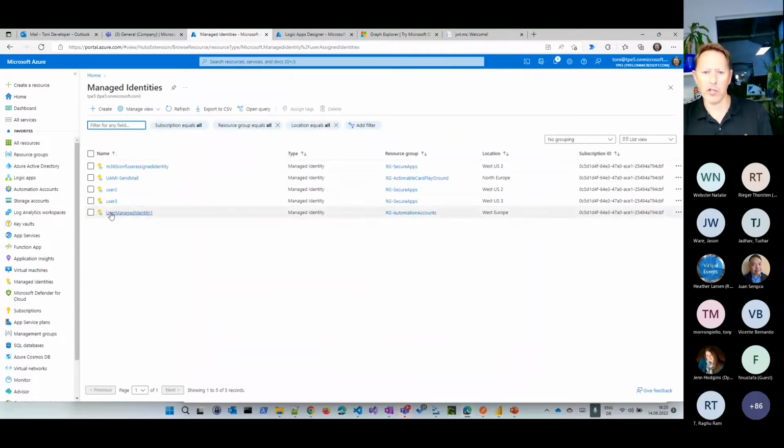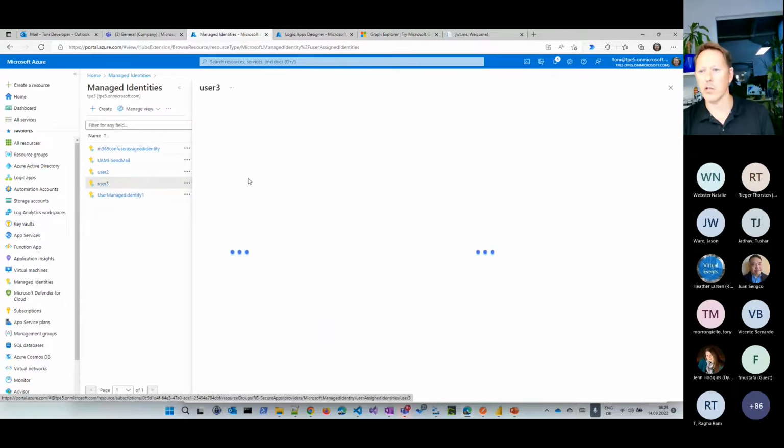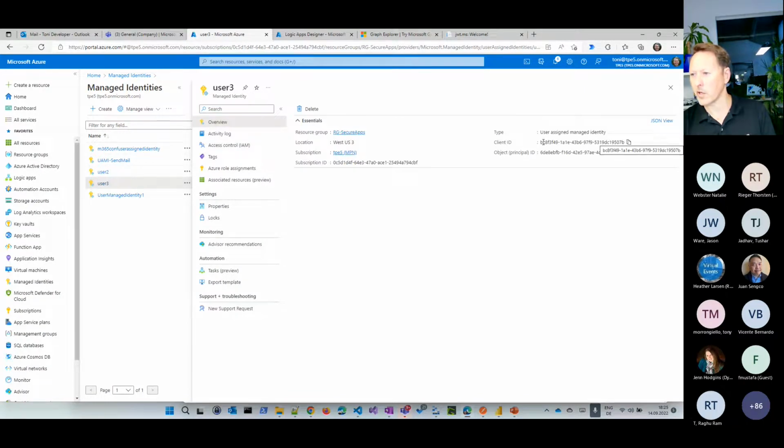I could also create such a user, and then I can say, if I select one of these users here, like user 3, for example, you will see in the managed identities that this user here also has a client ID, which is the application ID. In that case, it would be this one. And then I could enable permissions for that specific user to access specific resources.